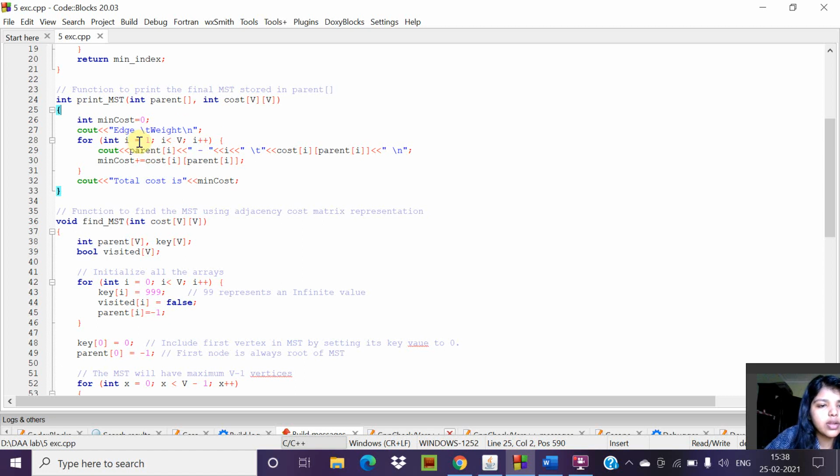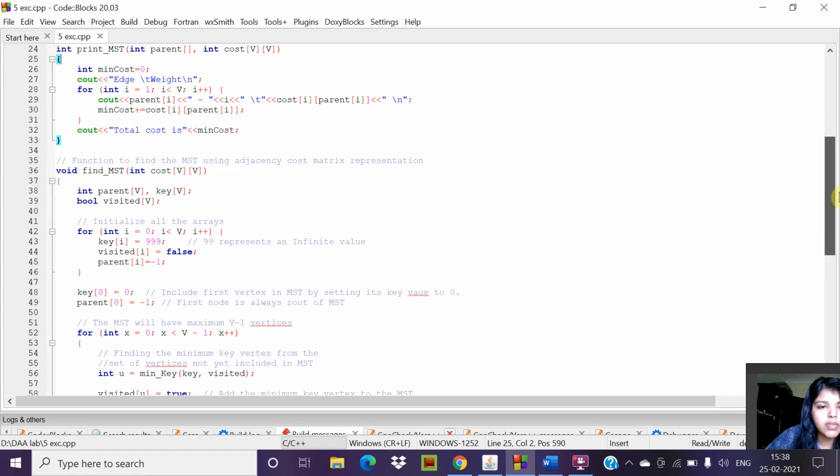Using a for loop, we are declaring i equal to 1, i less than capital V, i plus plus, where we'll print parent of i, i, then it will print cost of i of parent of i, then it will calculate the cost of i of parent of i plus min cost, store it into the variable min cost, and it will print the total cost as the min cost.